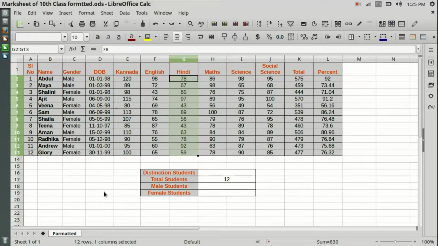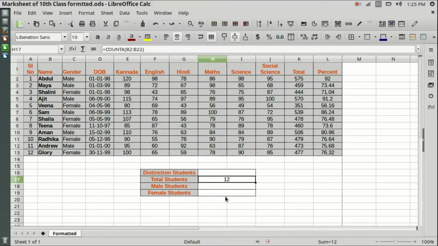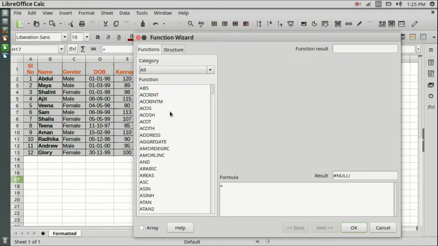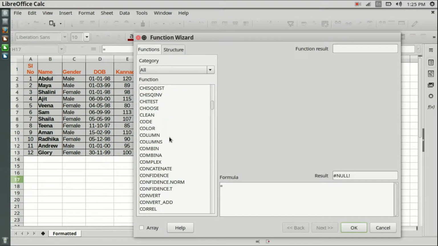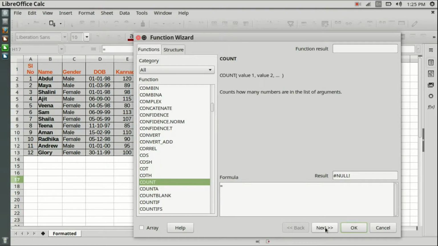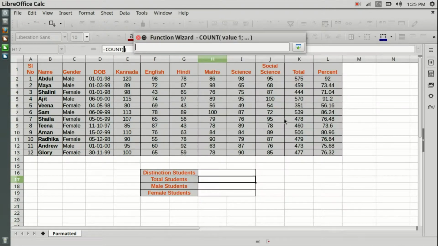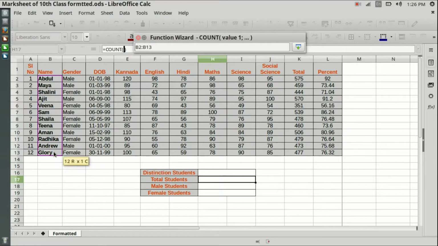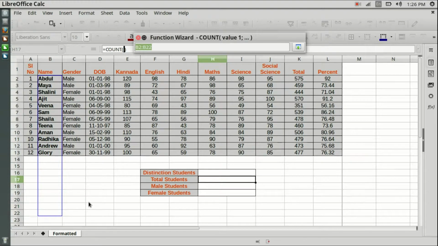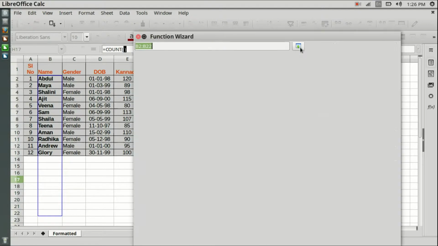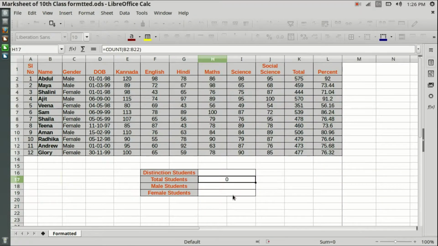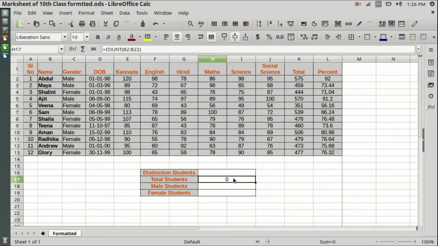So let's see that difference. Let's say I remove this from here. Instead of COUNTA, I use COUNT. Again, function wizard. I scroll down to look for COUNT. I click on next, and I choose the same list here. Okay, let me stretch it till 22 anyway. Done. Press next, click OK, and it's giving me 0 because